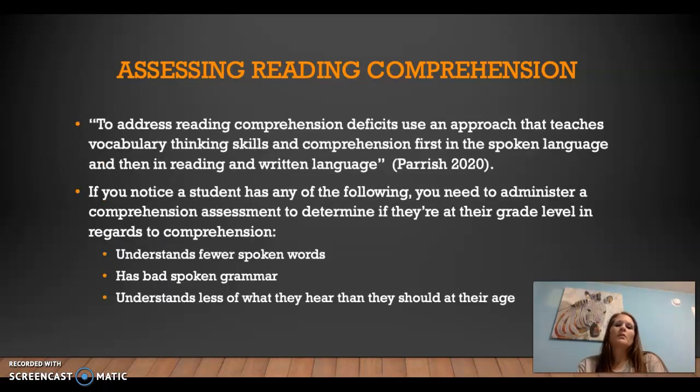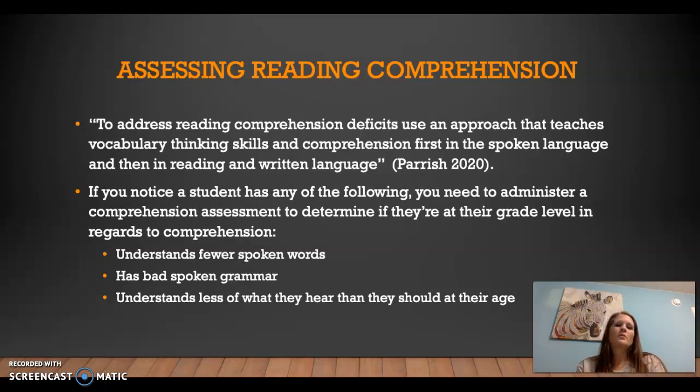More on assessing reading comprehension. As it says in one of the sources I posted, to address reading comprehension deficits, use an approach that teaches vocabulary, thinking skills, and comprehension first in the spoken language and then in the reading and written language. Like when I was talking about the four different types of vocabulary, if I speak to my son the way that I would